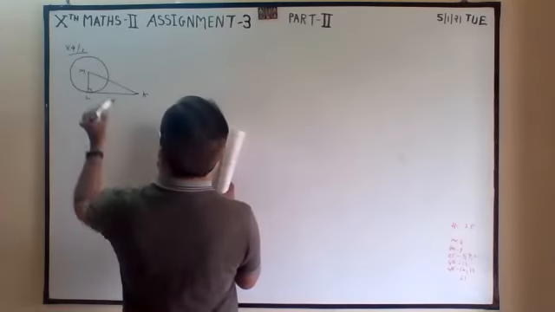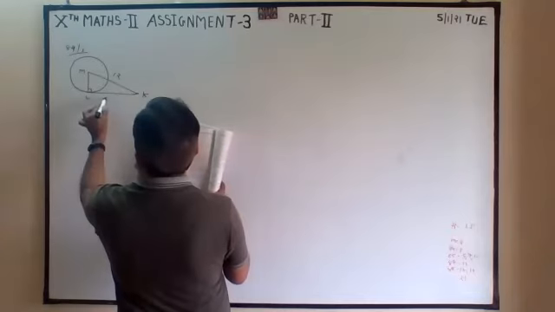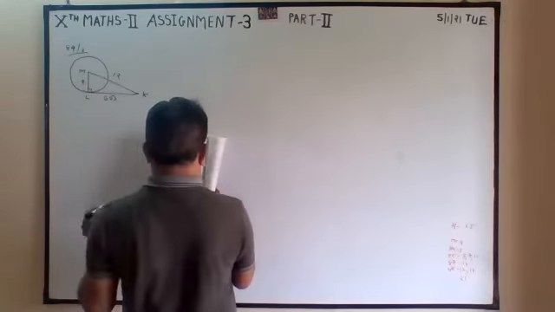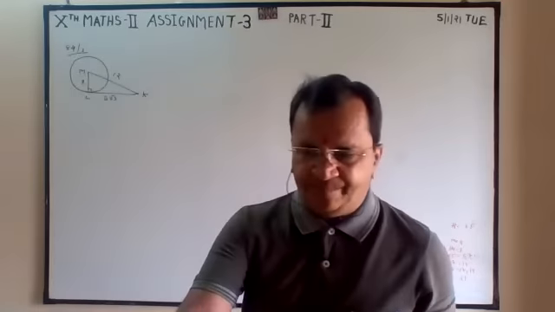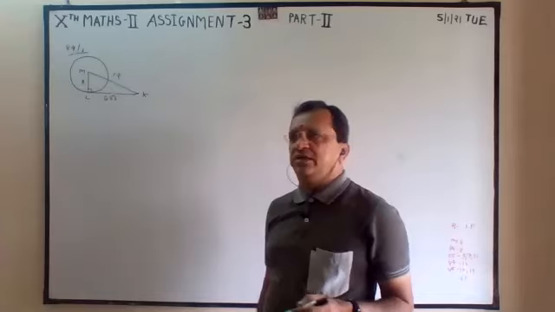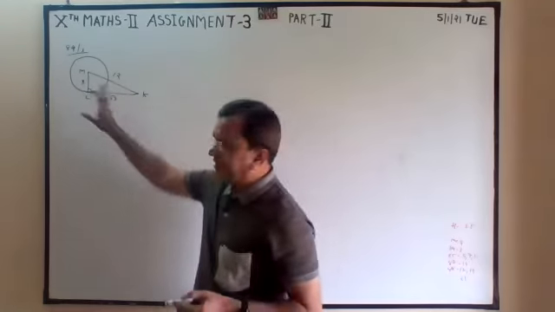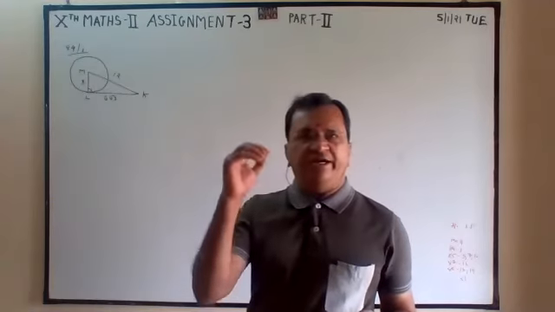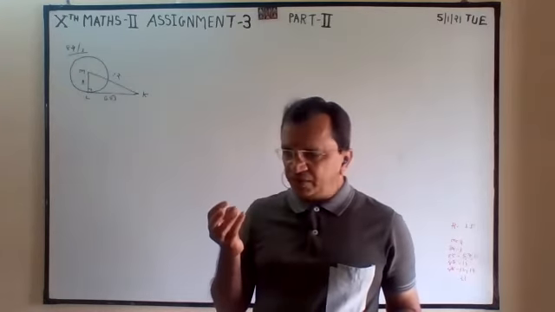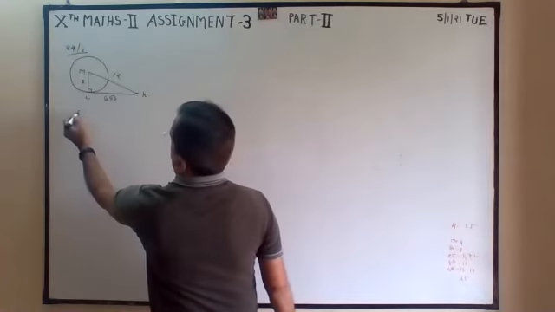MK is 12, KL is 6 root 3. Find the radius. Measure K and M. From the segment relation, we have to find out the measurement of two angles. Because this is 90, that we know, radii and tangent, radii always perpendicular to each other. So from the side, wait, first find out this.